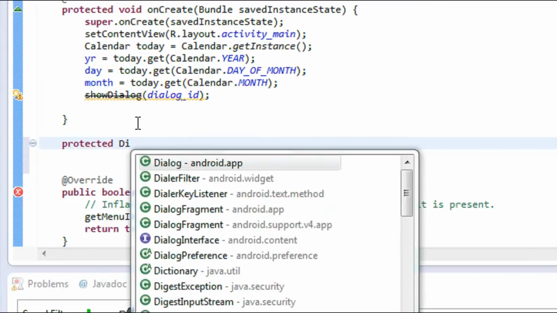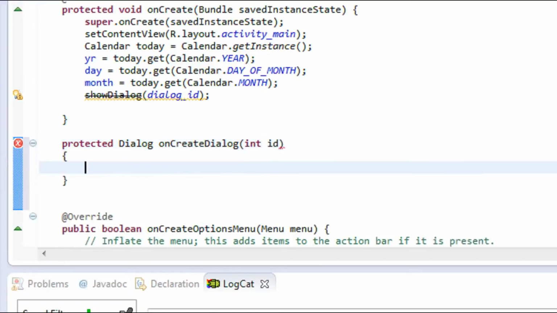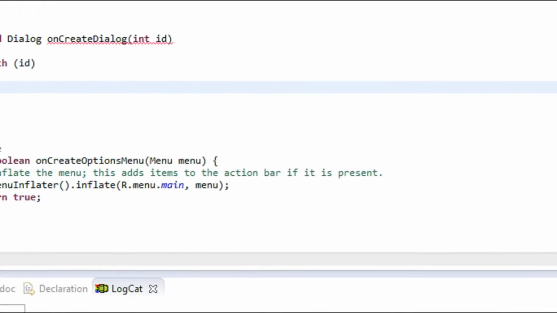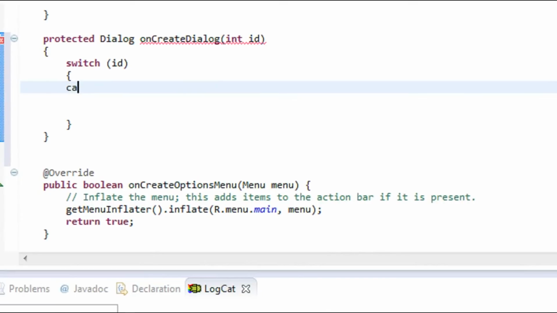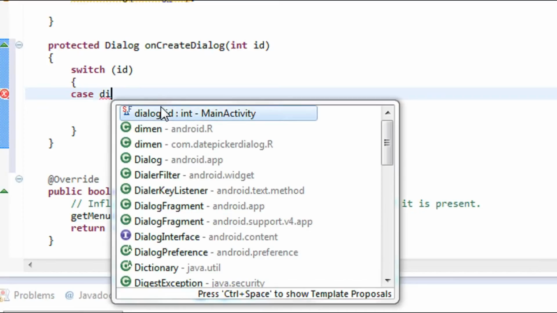Protected, the return type is Dialog. Protected Dialog onCreateDialog. You need to pass an argument ID here. For checking this ID I use a switch case statement. Switch ID, I check it with the case statement. Case, if it is the dialogID,